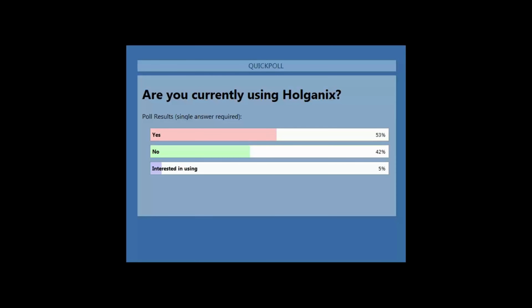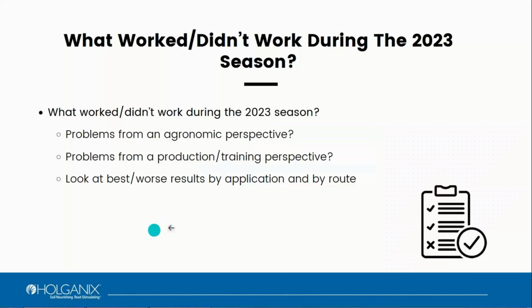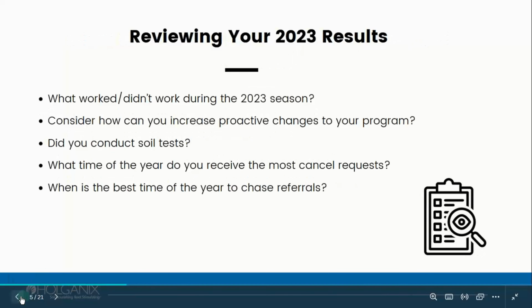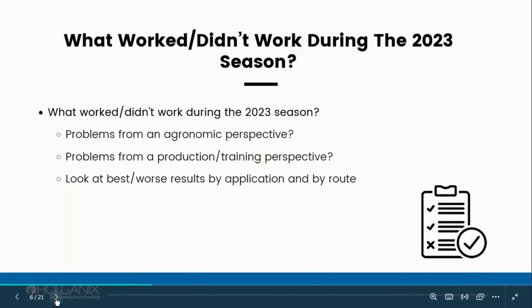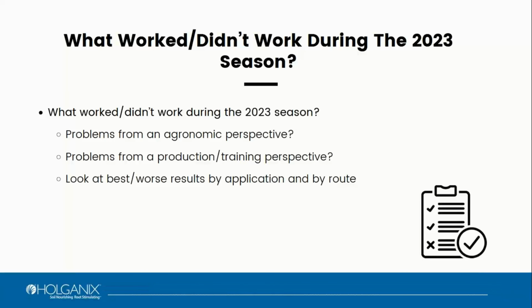So it doesn't matter if you're using Holganix right now or not, or if you're using one or two of the products and not all of them. This is all about building a program, no matter what style of program you have. Absolutely. So we're going right back into what worked and didn't work during the season, and really getting into the details of that. So we want to look at